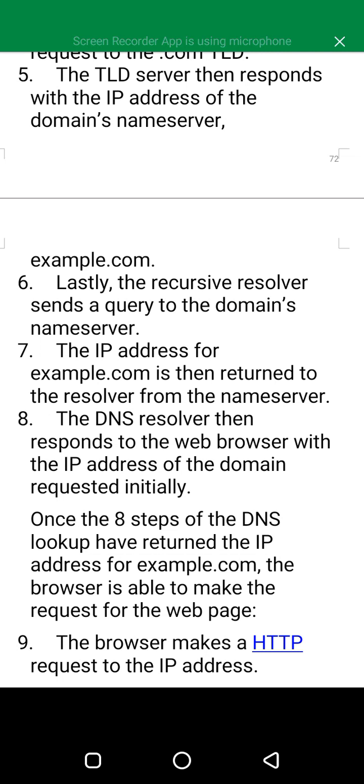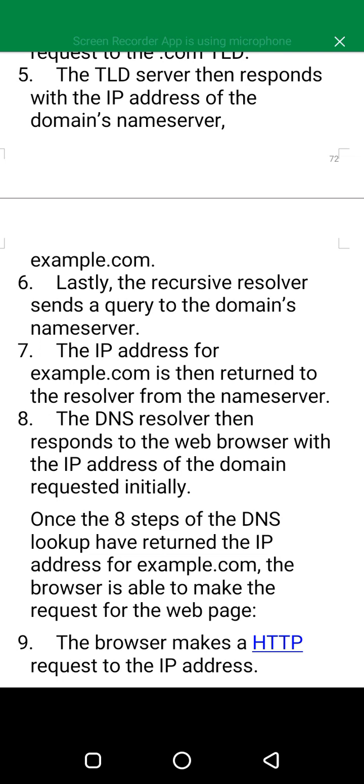The DNS resolver then responds to the web browser with the IP address of the domain requested initially.